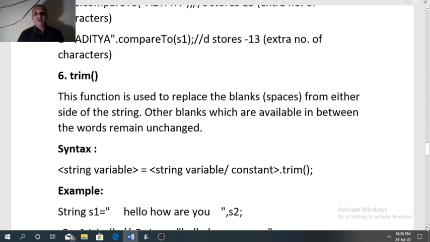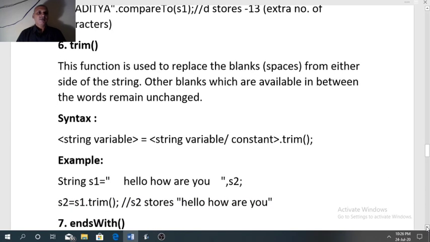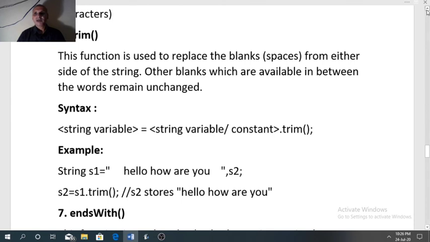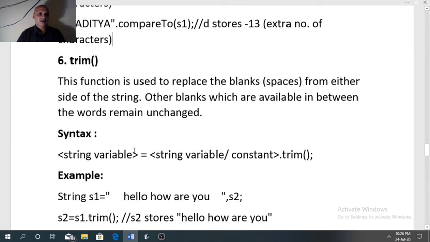Other blank spaces which are present between the words remain unchanged. So from the beginning of the string and from the end of the string, whatever extra spaces we have, only that space will be removed. Spaces present between the words will remain as they are.